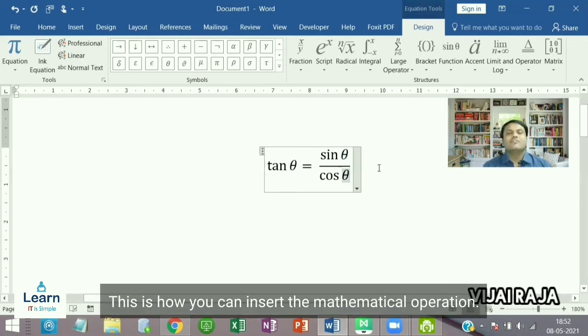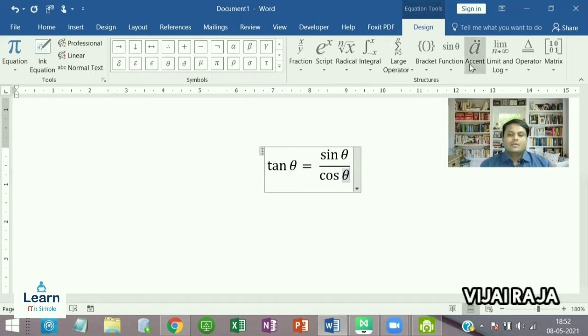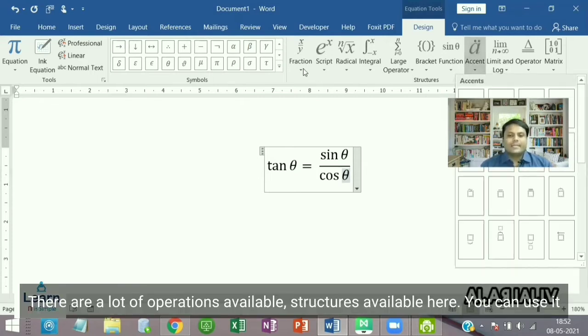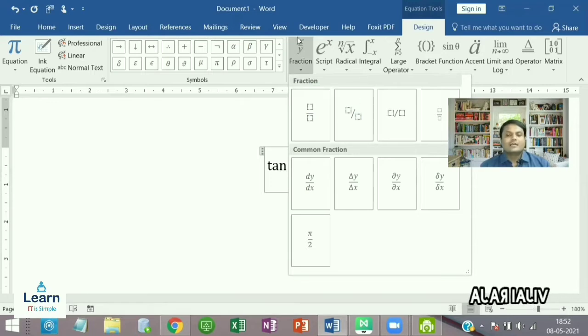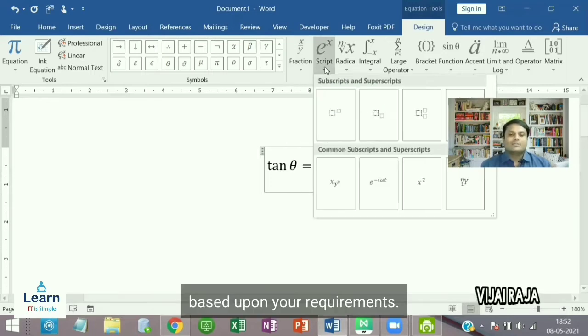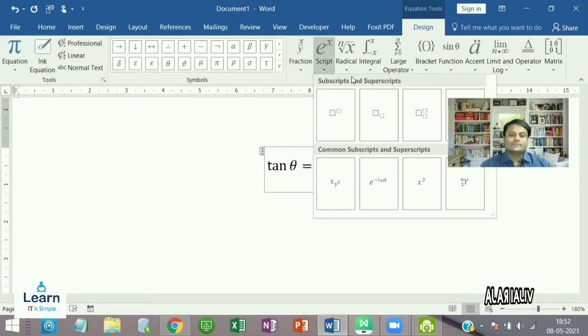Theta. This is how you can insert the mathematical operation. There are a lot of operations and structures available here. You can use them based upon your requirements.